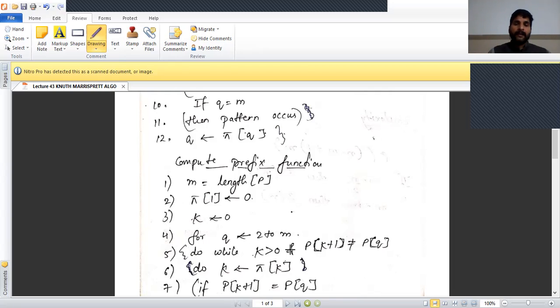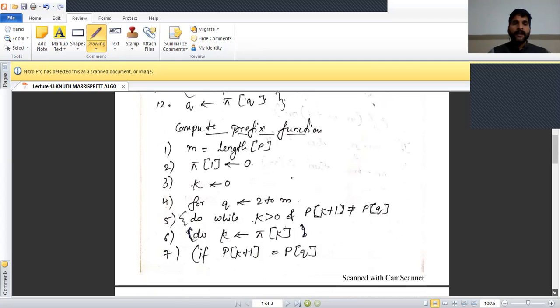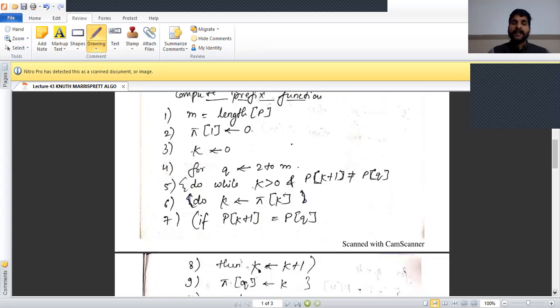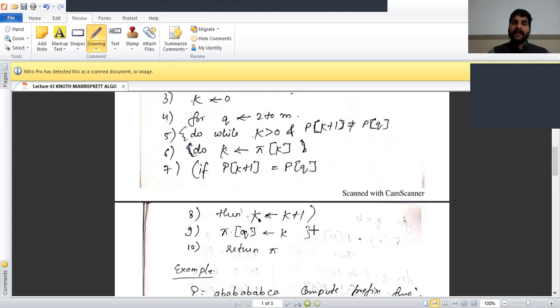While k is greater than 0 and P[k+1] is not equal to P[q], if the while condition is true, then we set k to pi[k]. If that fails, then we check if P[k+1] equals P[q], and in the next step we increase the value of k to k plus 1.